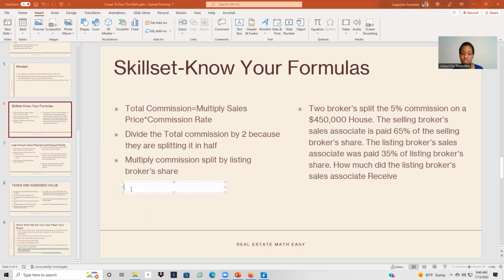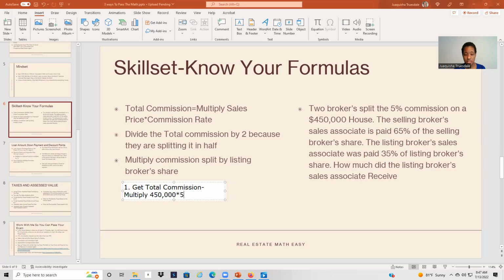Okay. 2 brokers split a 5% commission on a $450,000 house. The selling broker's sales associate is paid 65% of the selling broker share. The listing broker's sales associate was paid 35% of the listing broker share. How much did the listing broker's sales associate receive? So the first thing we got to do is get total commission. So we multiply 450,000